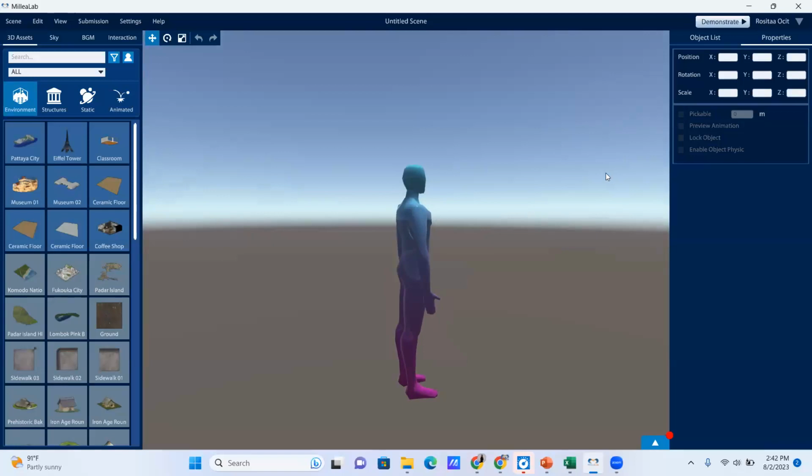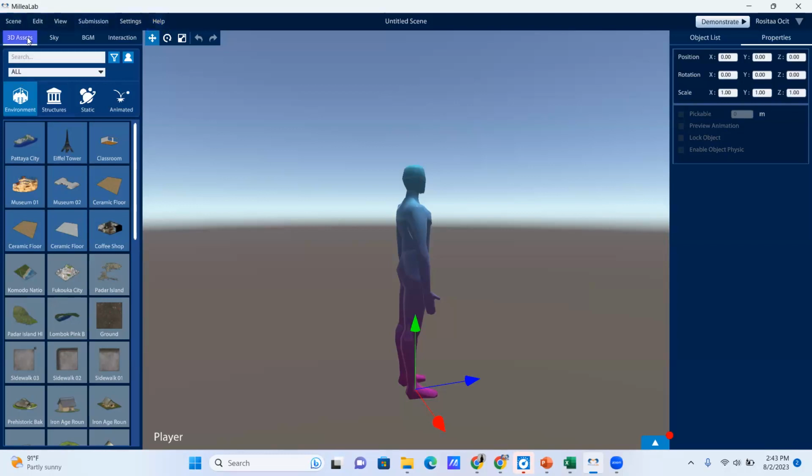Okay, when we enter the MilleaLab view, we will divide it into 3 areas, namely the canvas, the right panel, and the left panel. And now, this is the display of the canvas page. The canvas page is where you can create all your creations to create a 3D and virtual reality based environment. And the left panel, MilleaLab Creator content menu,